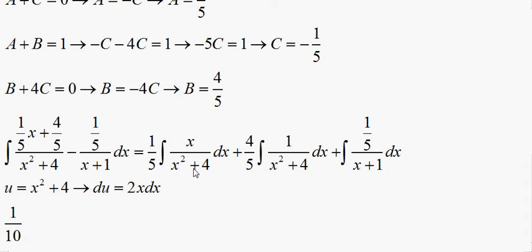And what's 1 over u? That's natural log of u. So natural log of the absolute value of x squared plus 4, and that is the first one. The second one,